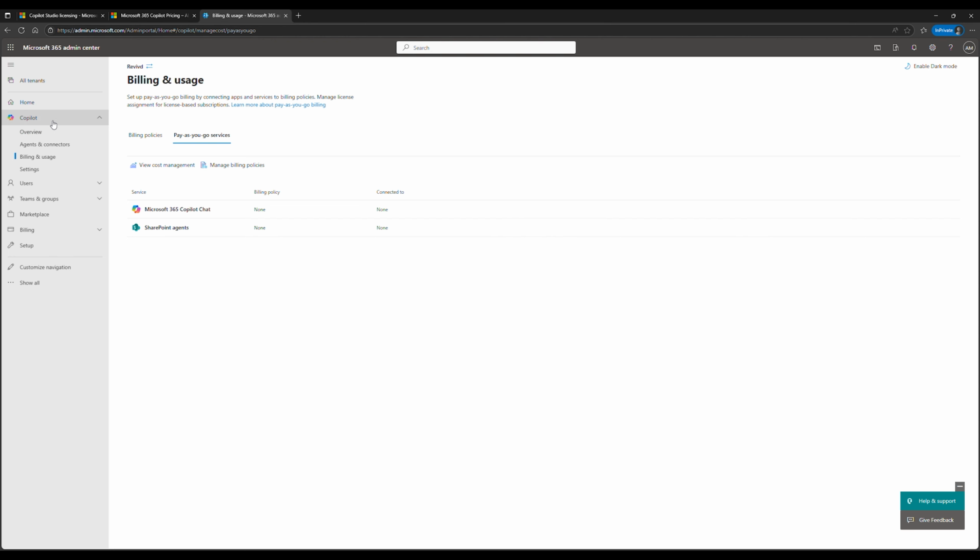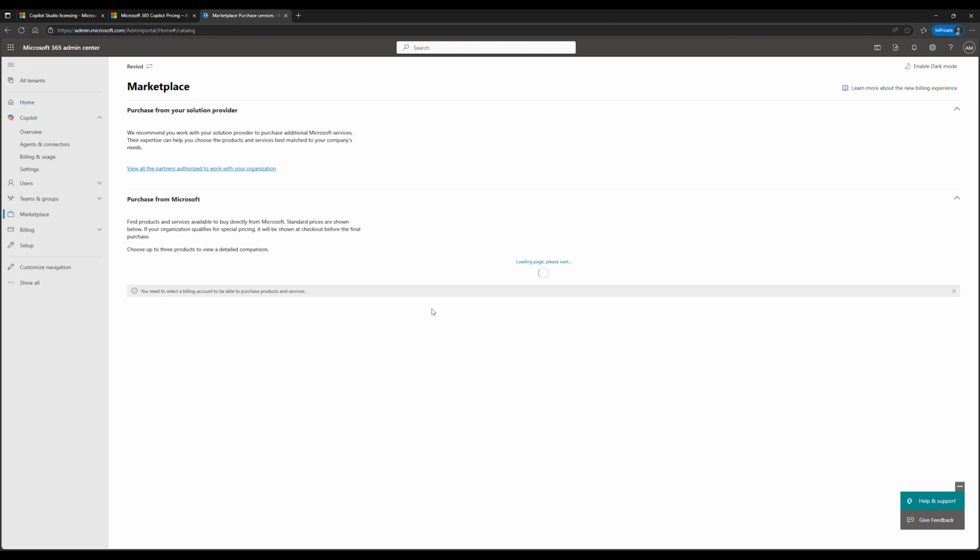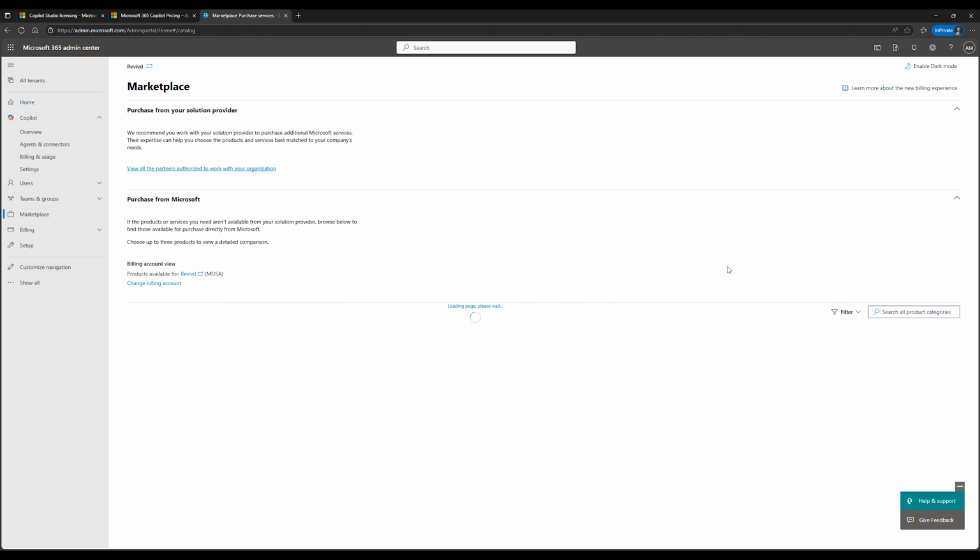And now that's the pay-as-you-go setup. But let's say you run a larger organization or an enterprise. Now you can reach out to your Microsoft licensing reseller to get assigned Microsoft Copilot Studio licensing, or if you manage your own licensing, you can jump into the marketplace and purchase the licensing from the Microsoft 365 marketplace itself. All you want to do is go into marketplace, pick your billing profile, and then